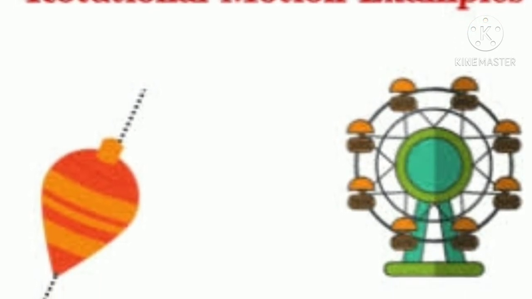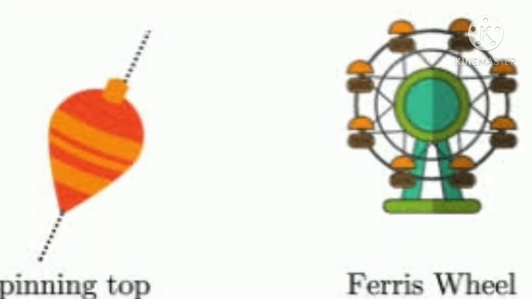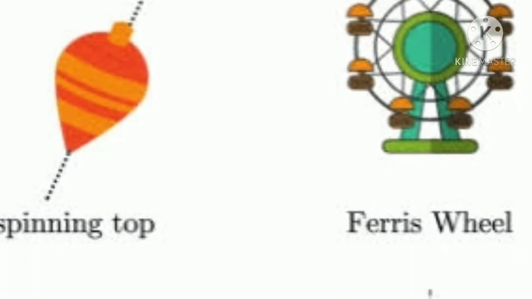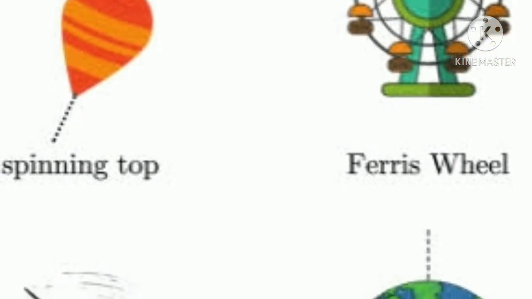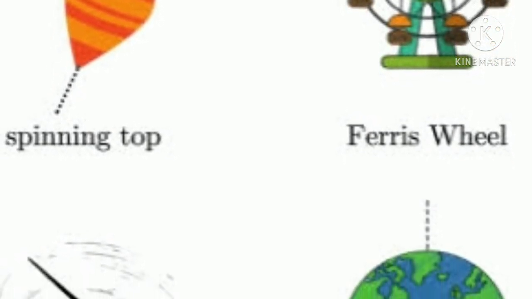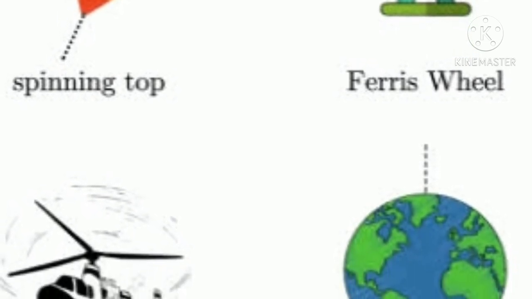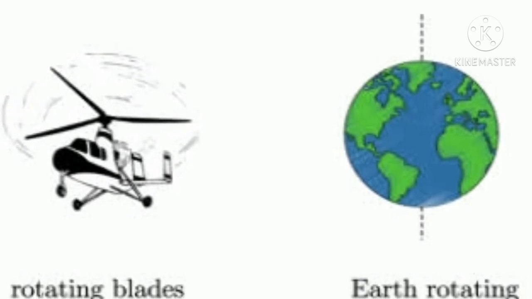Next we will see about rotational motion. In rotational motion, the body remains near the axis of rotation and periodically returns to its original position. Another feature of this motion is that different parts of the object cover different distances in the same period of time. The motion of the Earth about its imaginary axis, or that of a spinning top, are examples of rotational motion.